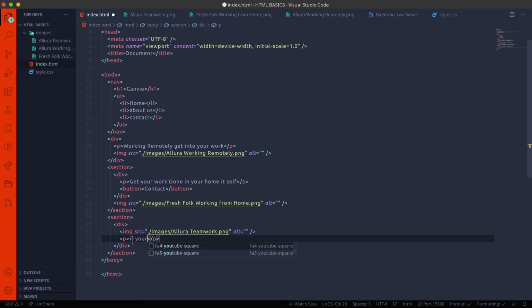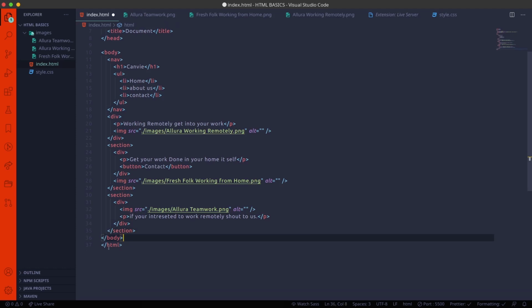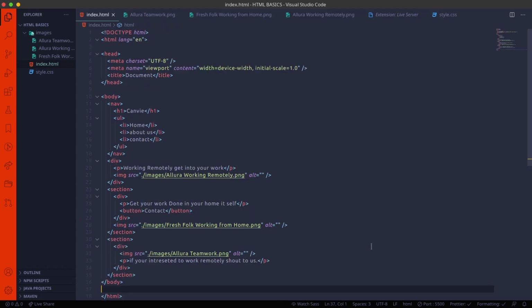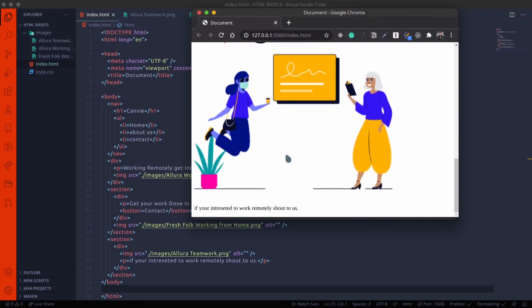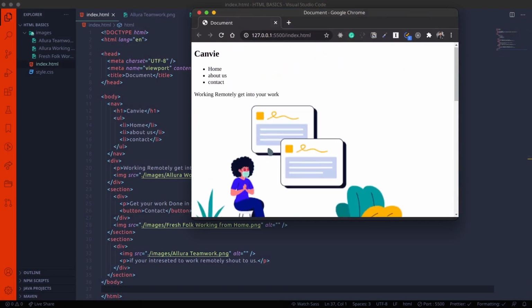Below that image tag, I'm creating another paragraph tag. So now I just save the page and the document gets updated in the live server.